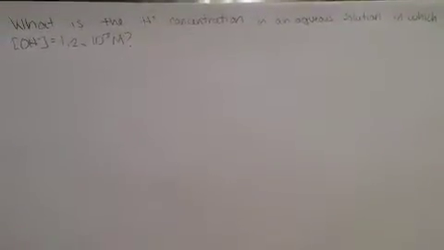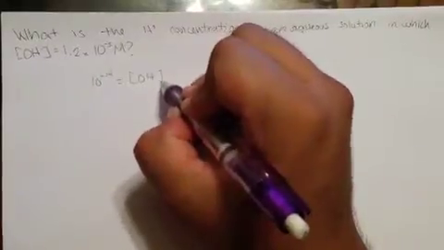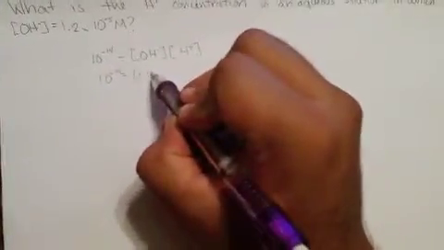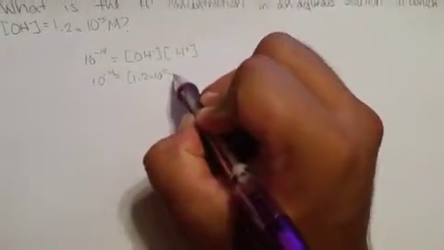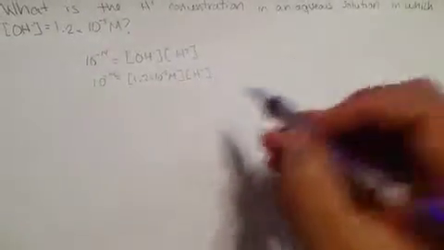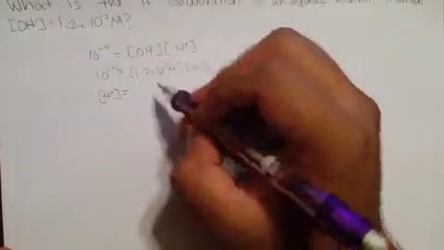what is the H plus concentration in an aqueous solution in which OH equals 1.2 times 10 to the negative 5 molar? First thing you're going to have to do is write down the formula. 10 to the negative 14 equals your OH ion times your H plus. They're already giving us the OH, which is 1.2 times 10 to the negative 5. Solving for H, you'll get,